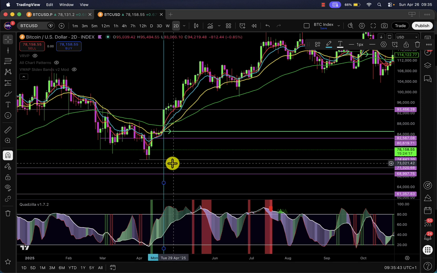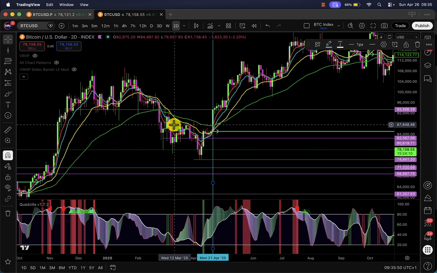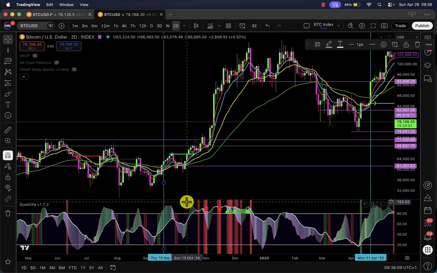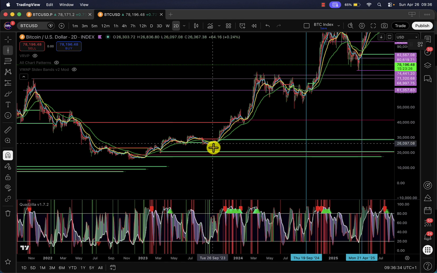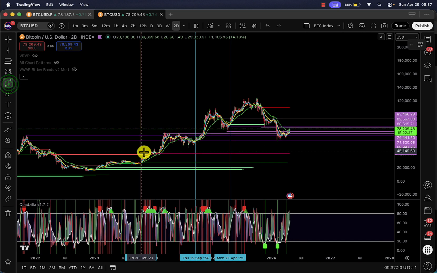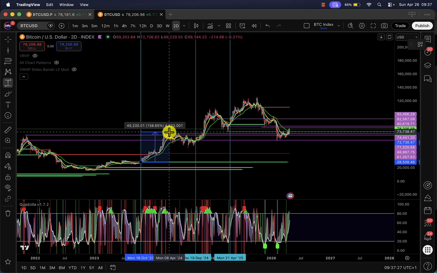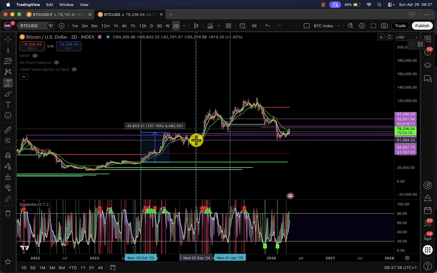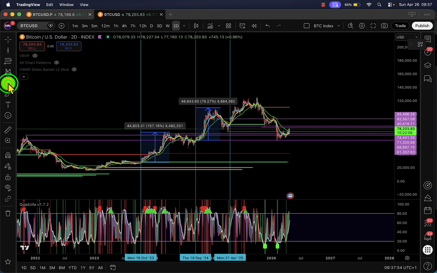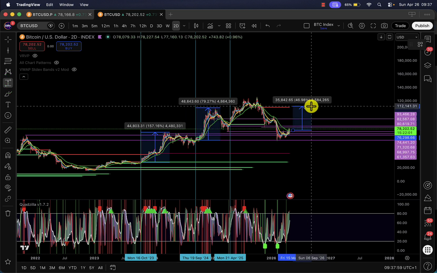And then we got the actual cross of the yellow and green later in that month. Let's find another one. Okay, so there's another one here which happened in September 2024. And there's another good one here in October 2023. So this one here, the price went up 157%. This one here, the price went up 79%. So if we crossed fairly soon, could we get an increase of 44% to get us to